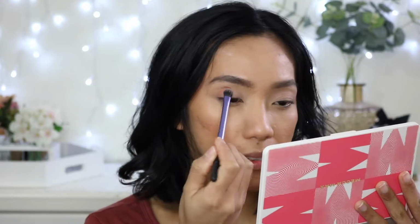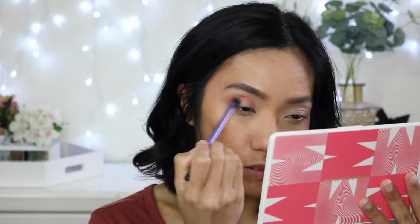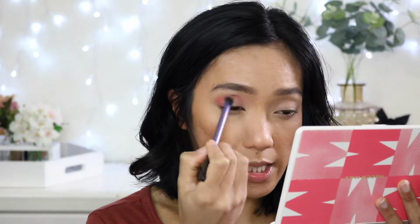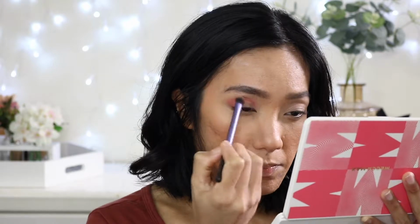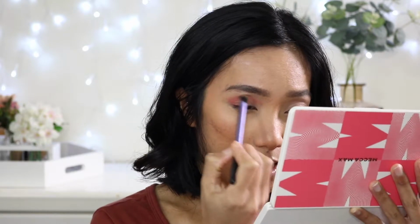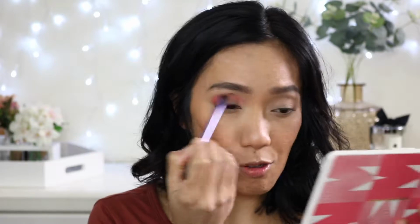It's very pigmented. So I'm going to place that on my crease and blend it as well towards the outer V. I'm going to concentrate this straight on my crease down, and I'm not going to blow it up. So I'm going to take that right into the inner corner of the eye. And I didn't even use any white base. It's so fun. Obviously you have to layer it quite a bit to get the full pigmentation, but it's so